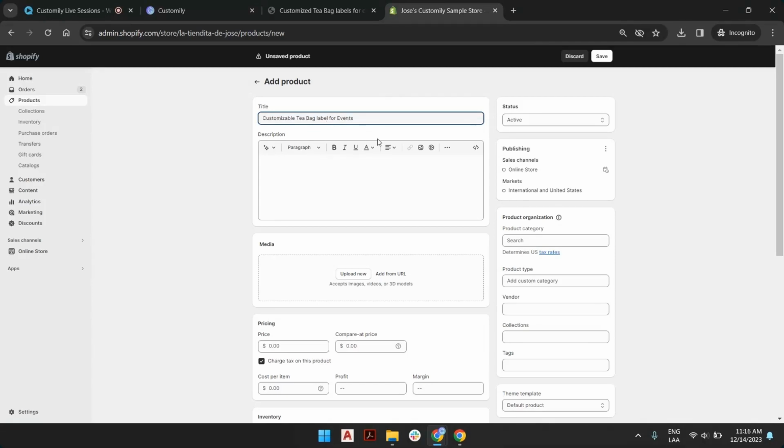Okay, and let's put this in the title so we separate from the other 25 pieces. Yeah. So it's going to be a new product. It's going to be active, be able to sell on the online store. Our description can be anything related to the product itself. Label that goes to the tea bag, a standard tea, or you can pick the tea later. But we can put at least that